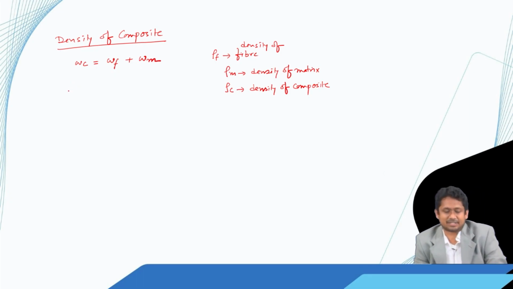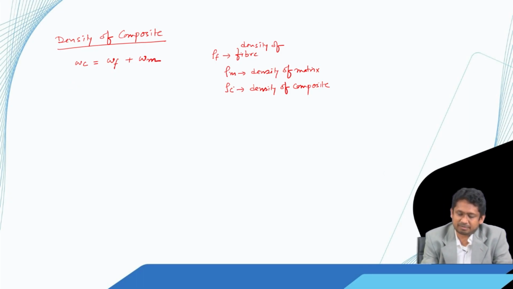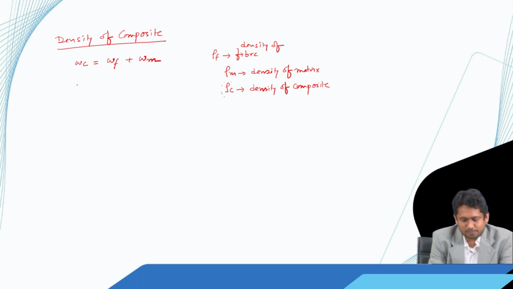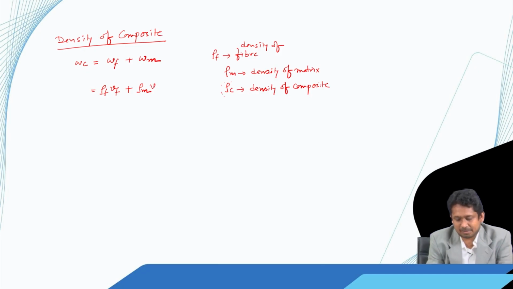Now, here the goal is that we will find out one quantity, rho c, which can be treated as the equivalent density of the composite. So, the mass of the fiber is density multiplied by the volume of fiber. Similarly, the mass of the matrix is density of the matrix multiplied by volume of the matrix, and on being added that gives me the total mass